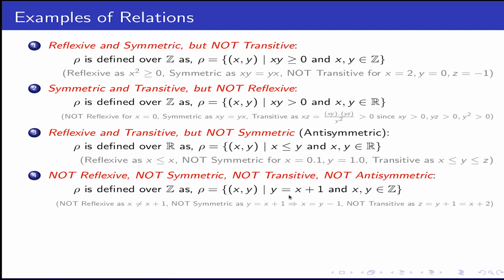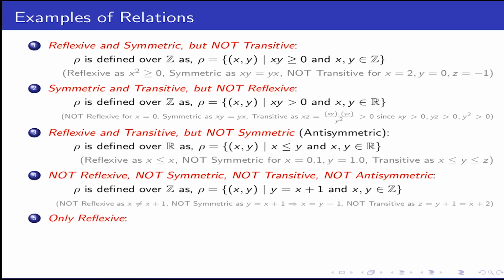Not transitive because you cannot form z equal to x plus 1, because z will be equal to y plus 1 to include yz. And to include xy, your y will be x plus 1, so it will finally be z equal to x plus 2, which does not satisfy. So this relation does not satisfy reflexive, symmetric, transitive, or antisymmetric, any one. In such a way you can also think of different kinds of practical relations that you encountered and try to see whether they are symmetric, transitive, or reflexive or not.